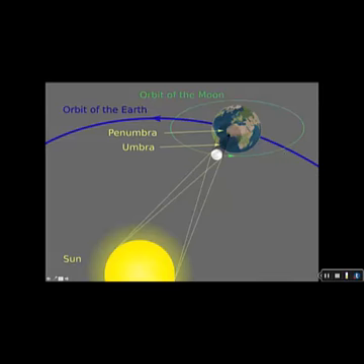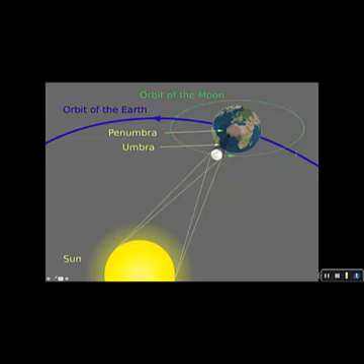I have the sun over here, and I have the Earth moving on its path. So this blue line is the path of the Earth's orbit. And here's the Earth, and here's the moon. And so if you're stood right under here on this little spot, you're not going to be able to see the sun from anywhere. It's going to be dark. If you're in this slightly lighter circle, you'll be able to see some of the sun. So it's a partial eclipse. You can't see all of the sun, but you can see some of it. And then elsewhere out here,